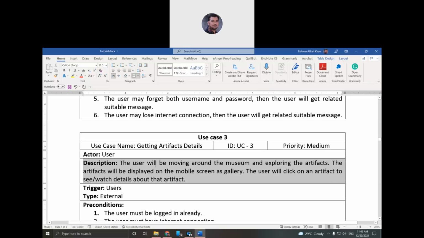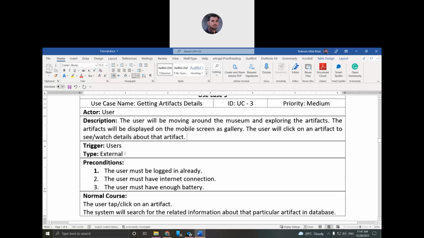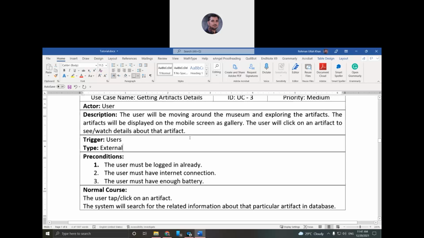All these are the possible ways to provide further information, and this will ultimately create the user experience.